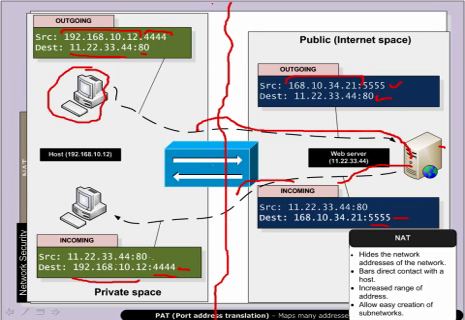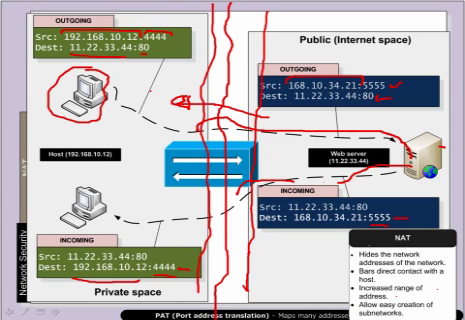In this way, we isolate from outside. This is a private address space, and this is a public one. So it hides the network. It also bars any direct contact with a host in our network. It increases the address space. We might only have one address, one IP address outside, but now we can have multiple addresses inside, which are